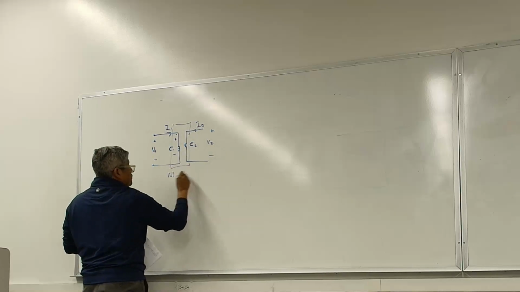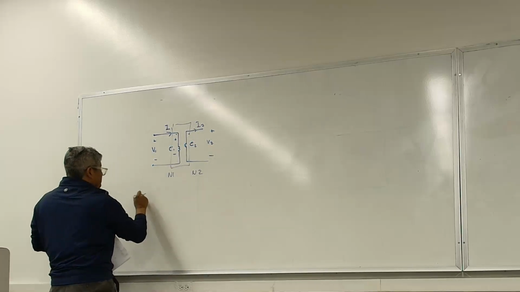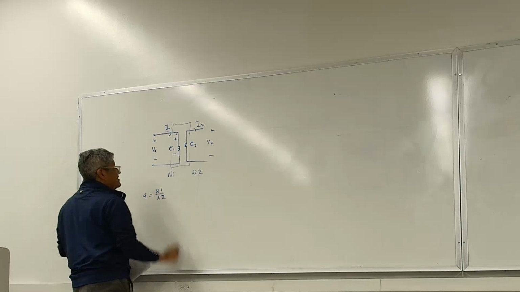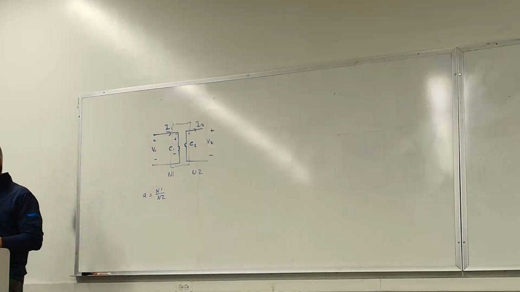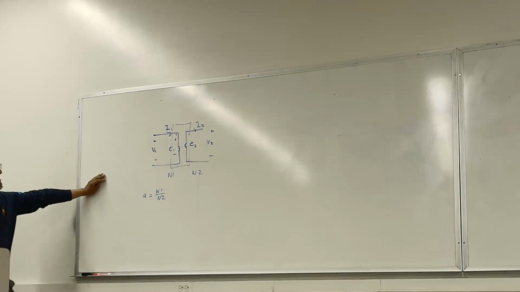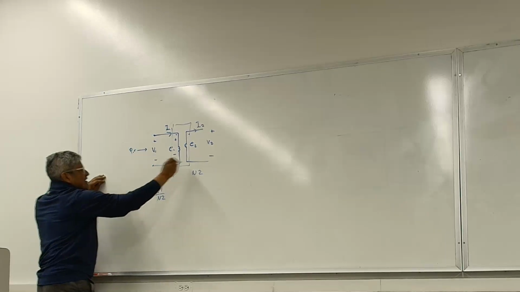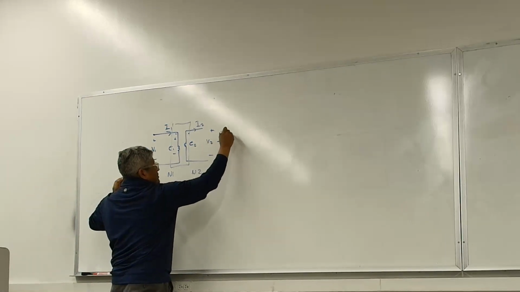We talk about the N1, the N2. We said that a, which is the turns ratio, is equal to N1 over N2. I think I talked about this. And I mentioned that the thing about ideal transformers is that you're assuming that the power that goes in, P in, is the same as the power